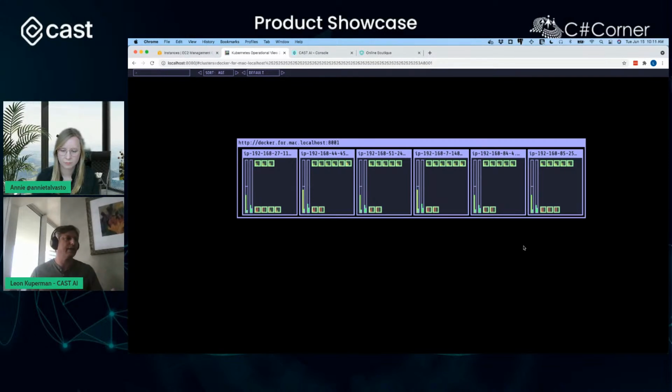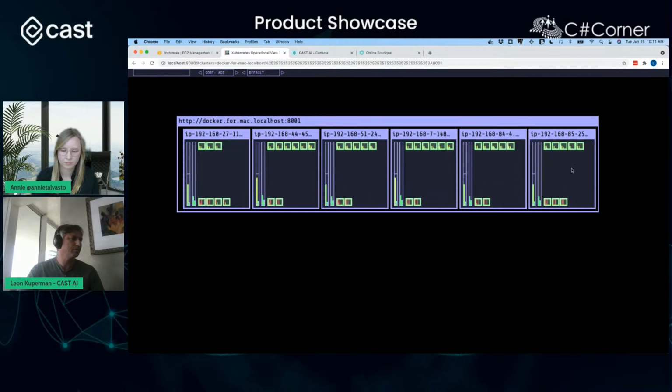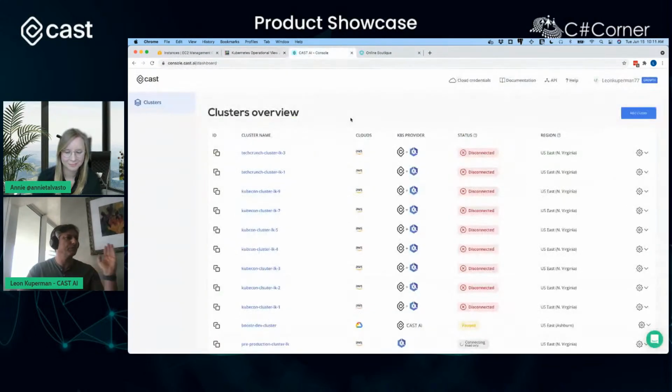So now we've got a vanilla EKS cluster, and we've got our application deployed. Let's now take the next step, which is to connect the cluster and get some insight into what we could be doing better. Cool. To do that, you register on CAST. You'll get my view of lots of clusters that have already been used. You're going to get a walkthrough view as you do this.